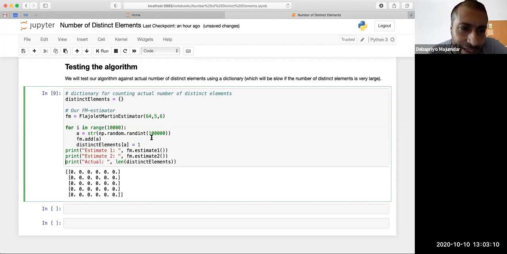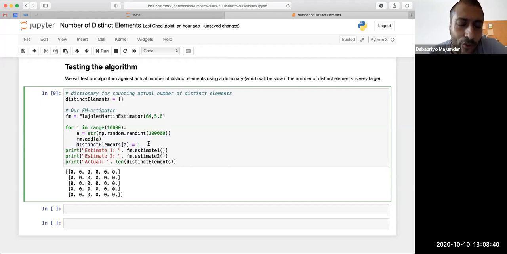I'm generating a random integer below 100,000, below 1 lakh, and I'm passing it through the Flajolet-Martin estimator. I'm also keeping track of a dictionary which will count the actual number of distinct elements, obviously just to test how good the algorithm works. But in reality, if your number of distinct elements is too large, this dictionary will become slow.